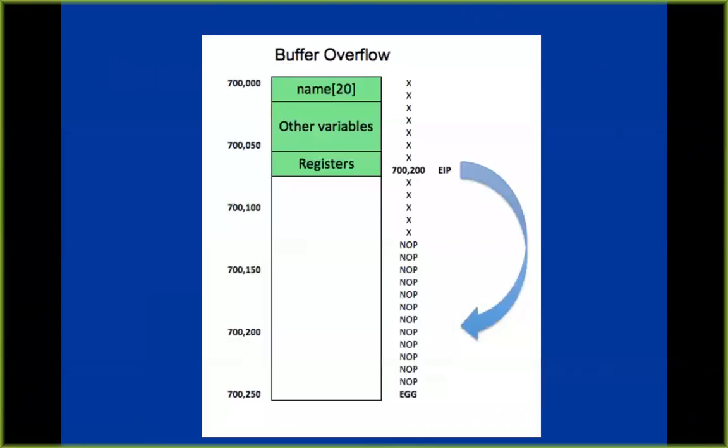So here's how you take over a machine. You find a program that's written that way, where it has something like name of 20, but it doesn't remember to only let you put 20 in. So you put in a lot, like 1,000 characters in where it expects only 20. Now, if you just put in a lot of A's, like I did, then the program will crash.